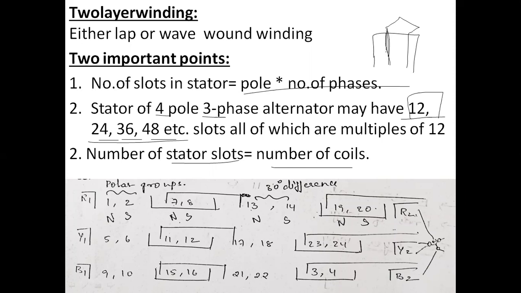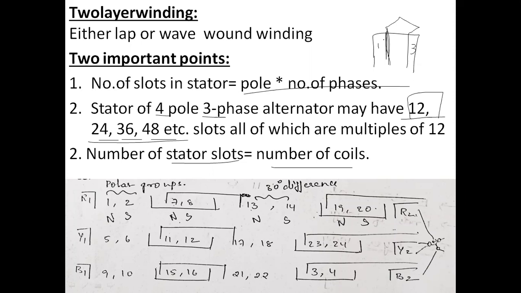Suppose this is the first side of the coil, and this will be the second side of the coil, some 3 or 4. Okay, so in a slot there will be 2 coil sides, and these 2 coil sides belong to other coils. One is at the bottom of the slot and the other on the top of the slot. So the coils overlap each other, just like shingles on a rooftop.